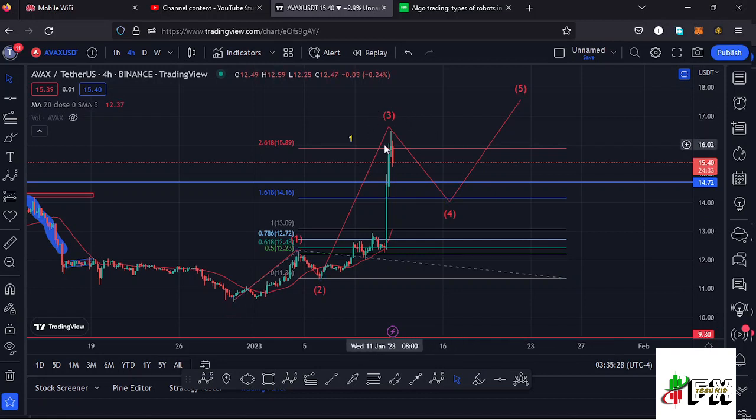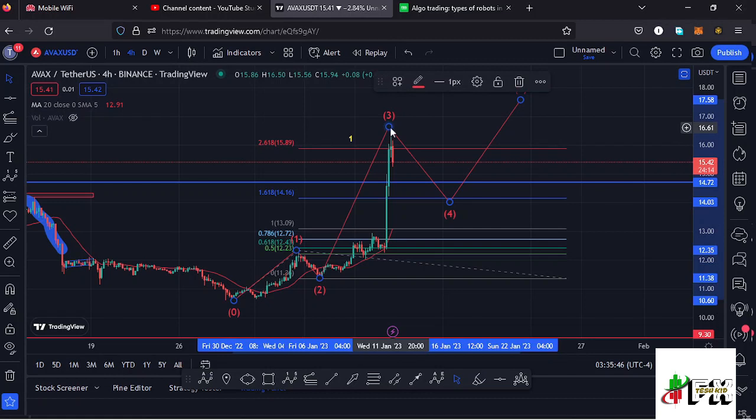at the fib level 1.618, which perfectly lies at around the $14.16 mark, which is a target area that we fully maximized, managed to break above a key area of resistance at around the $14.72 mark, then continued pushing even higher and made a high at around the $16.54 mark in what I'm terming as that wave 3, which is an extended wave 3, having touched the fib level 2.618 to the upside.